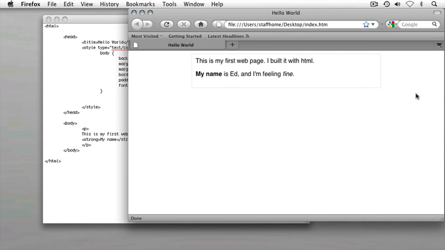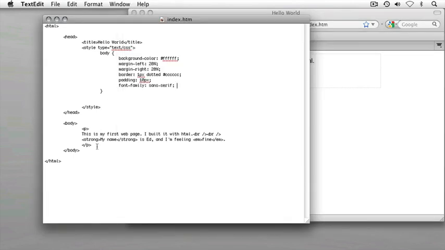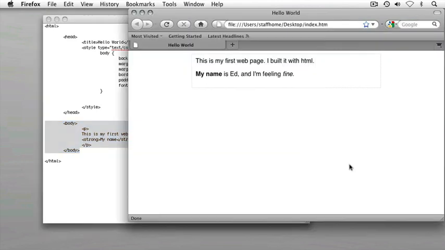If I look back at my HTML code, we didn't change anything inside the body tag. We didn't change our paragraph element or the bold or italics text. We didn't change anything about this code, which was necessary to get the content onto our web page. However, now, if I switch back over to my web browser, I can see that this text is moved down